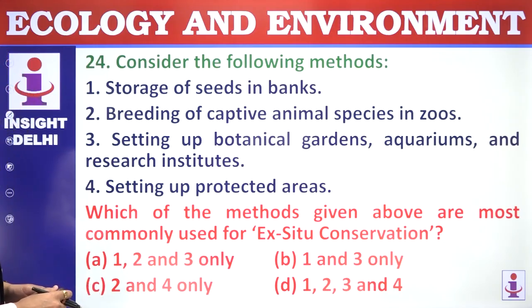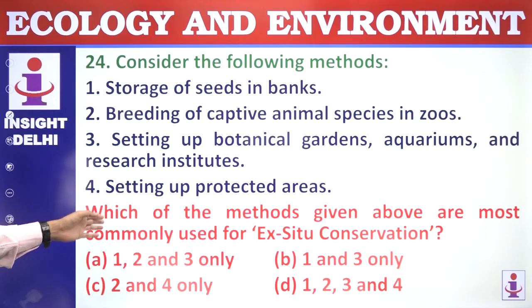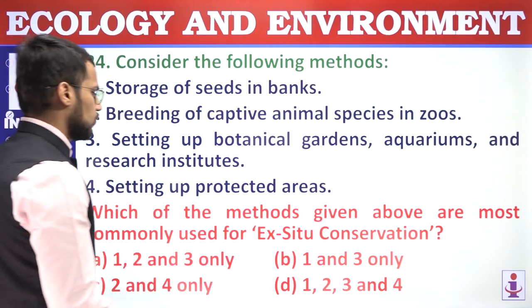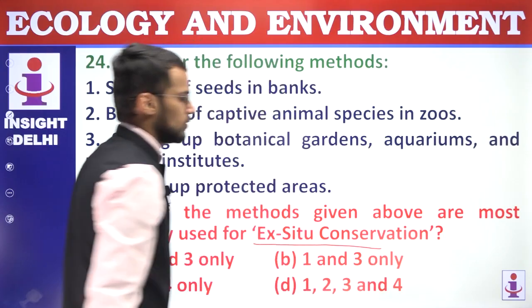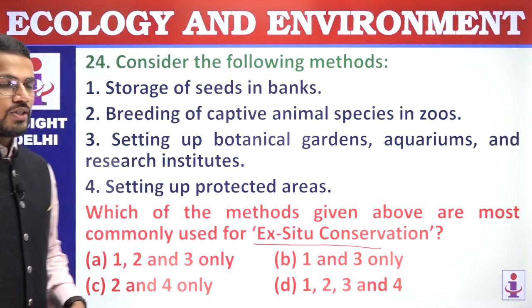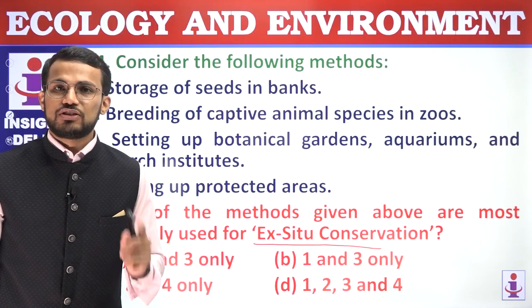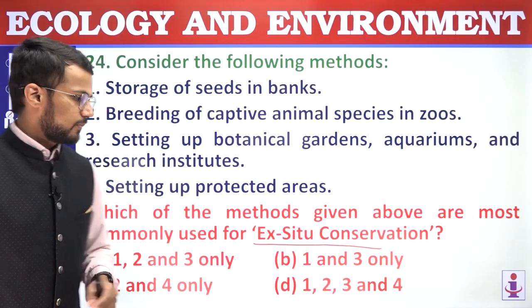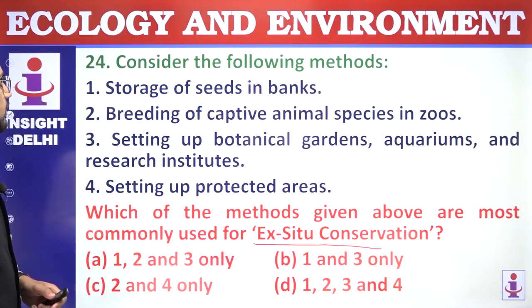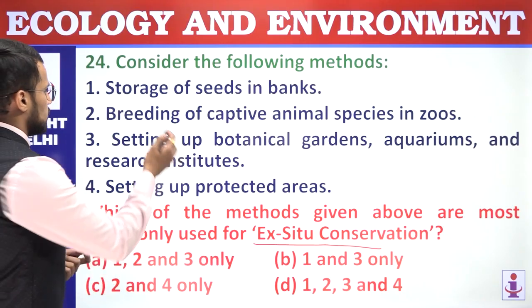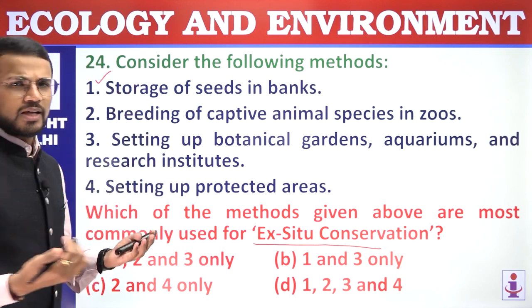24, consider the following methods. Which of the methods given above are most commonly used for ex situ conservation? Ex situ conservation means that conservation which is not carried out in the natural habitat of species. First statement, storage of seeds in banks, right? So that means formation of seed banks, which is a correct